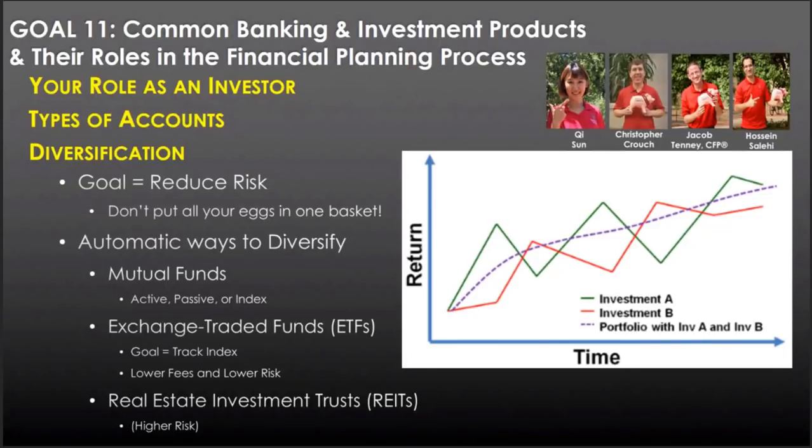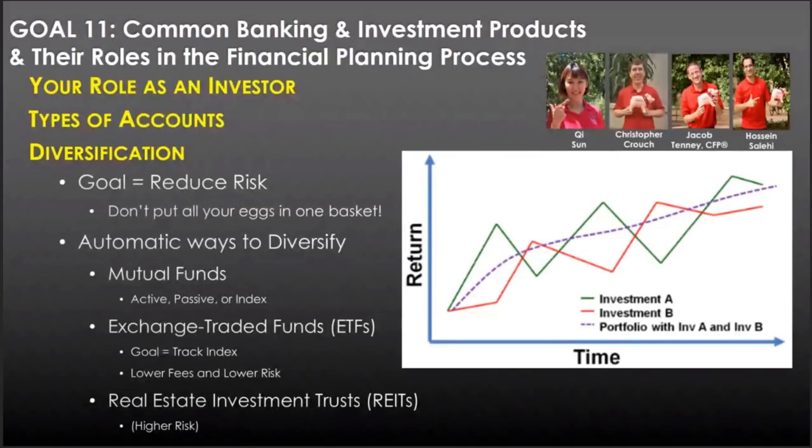So there will be frequent transactions for the actively managed mutual fund. But the goal of the passively managed mutual fund is to track the market. It's not to beat the market, it's to track the market. So basically there are not too many transactions for the passively managed